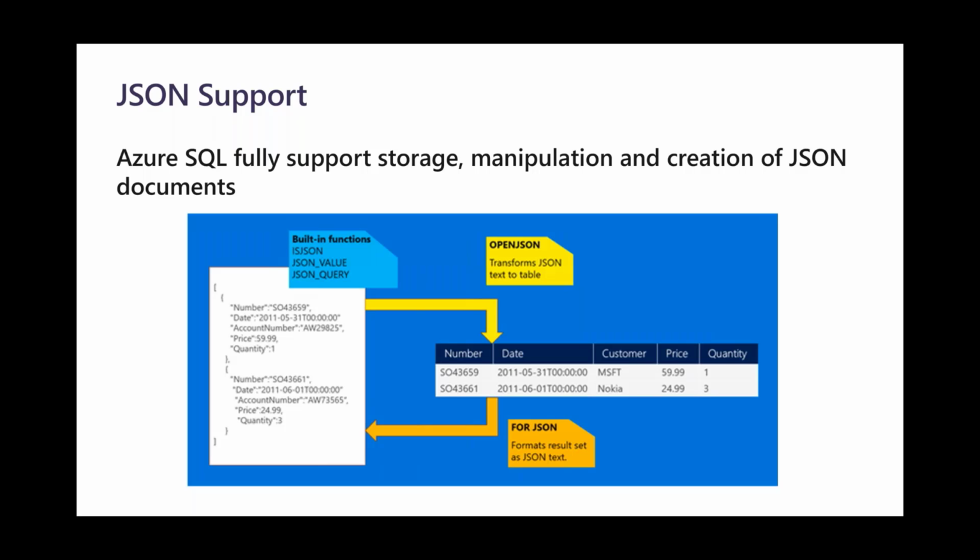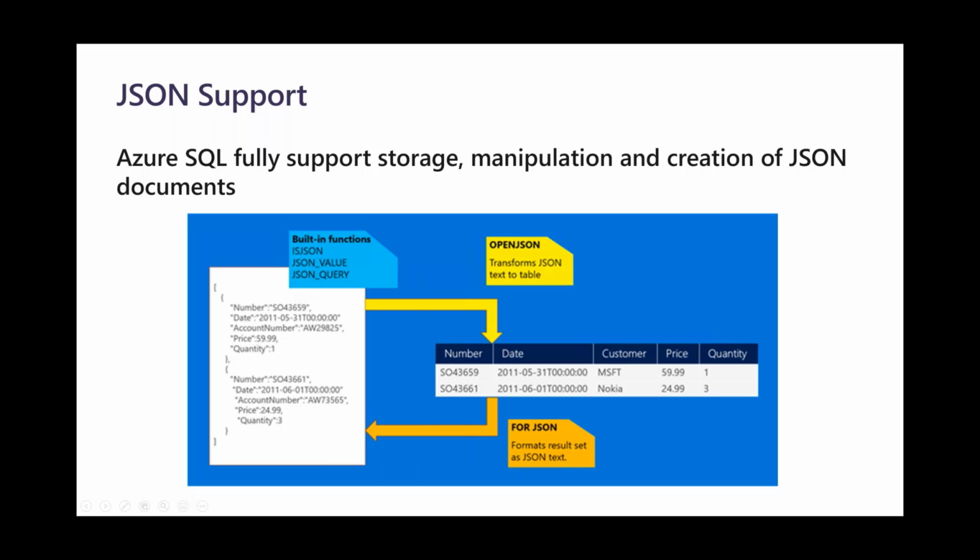What SQL stores inside those tables is just a regular table, in fact a regular table with nvarchar columns. But you can represent it as JSON. There are built-in functions, and we're going to use some of those functions. I'm going to show you in a demo. So you can do back and forth transformations, reads and writes, and so on.